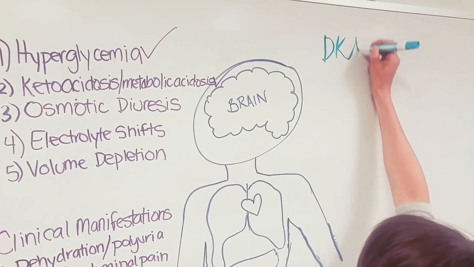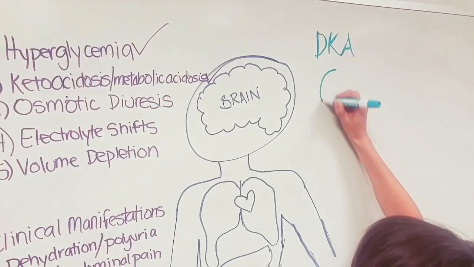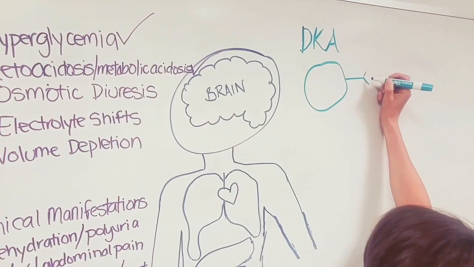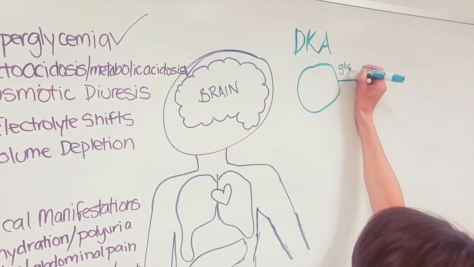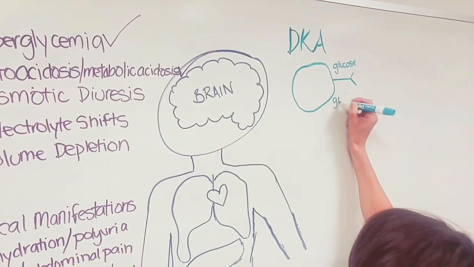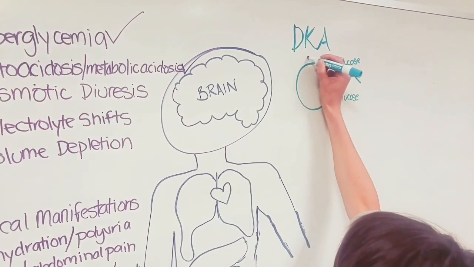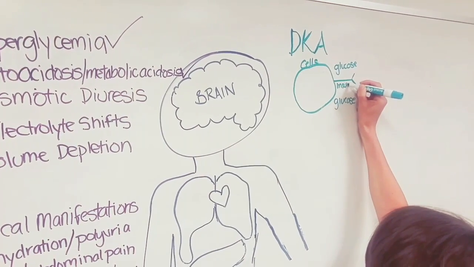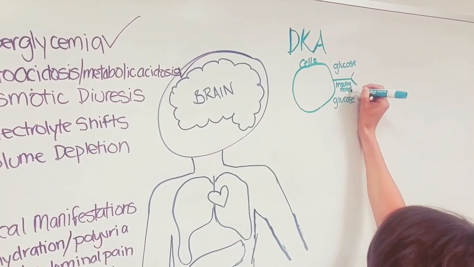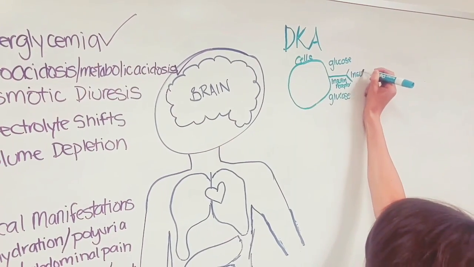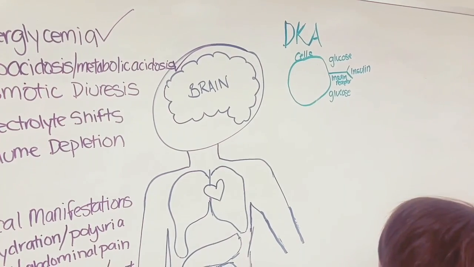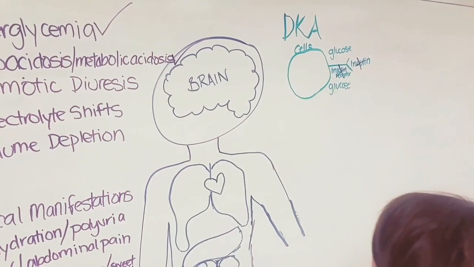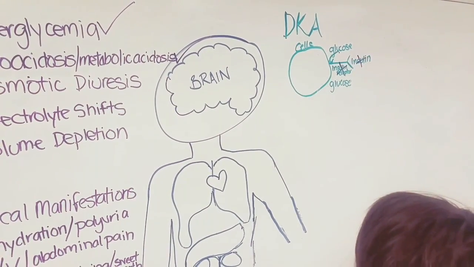Now, in DKA, there is a decrease in insulin or absolute insulin deficiency. So let's look at the cell. Still have your insulin receptor. You still have glucose that's extracellular with the intentions of wanting to get intracellularly to create energy. However, as we said, there is no insulin. The glucose cannot get into the cell,